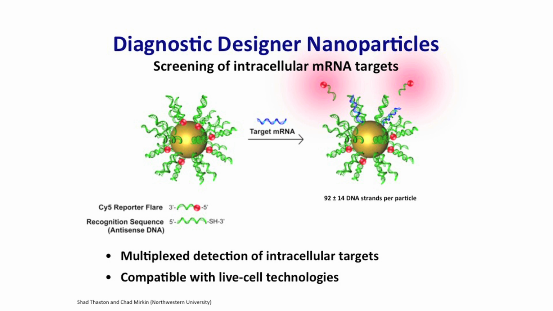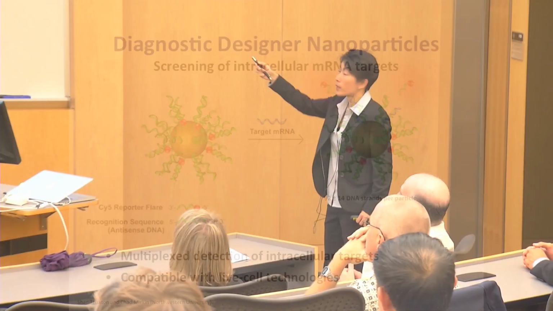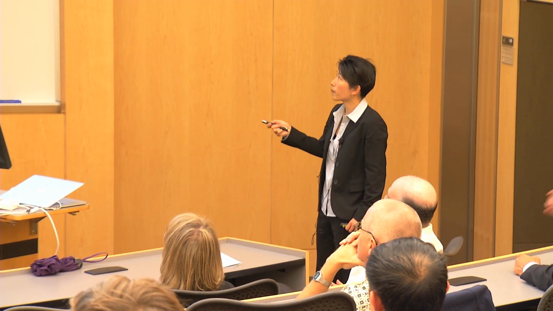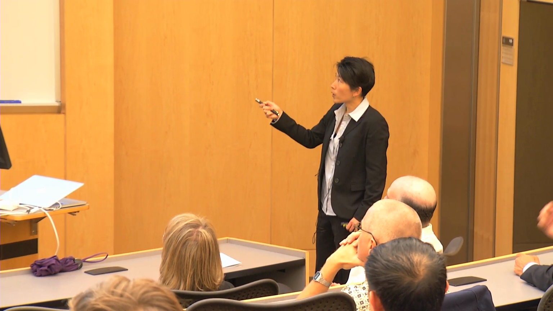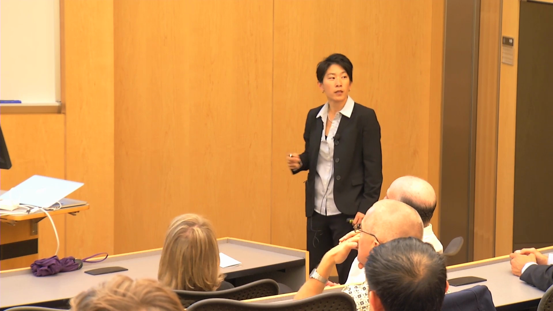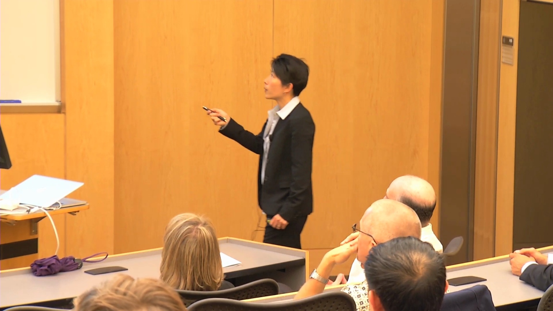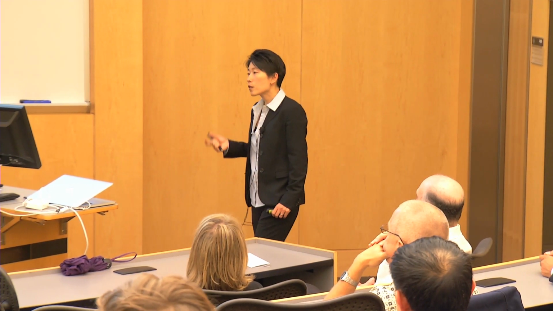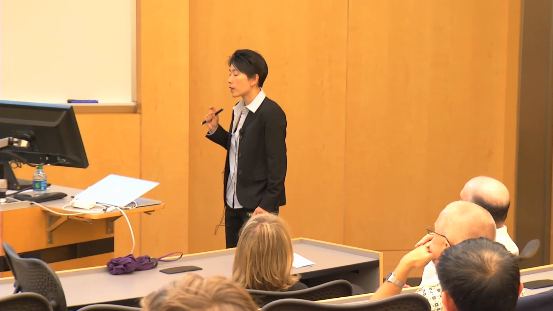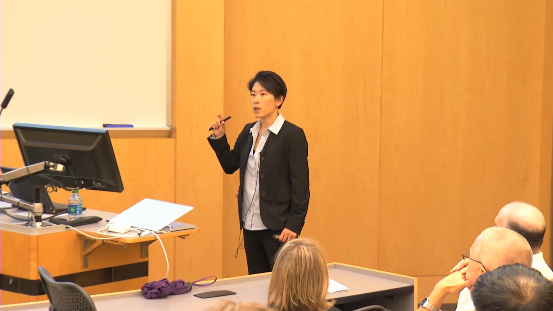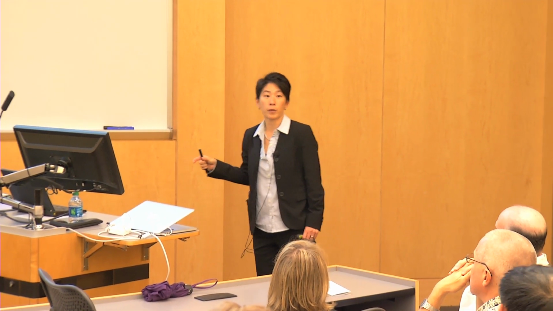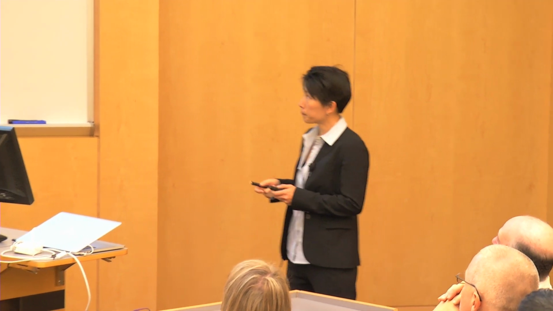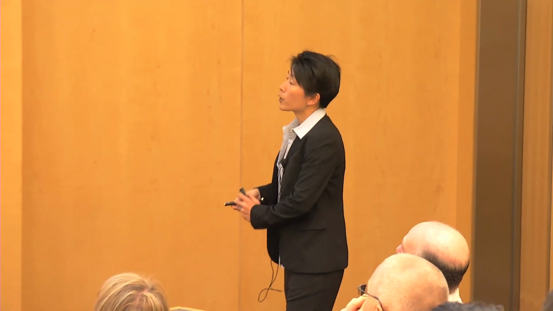So this is a pretty big advantage for being able to detect small sequences of mRNA. And the nice thing, of course, is that you can imagine doing this with multiplex detection. And you can also use this type of system with live cell technologies. So that's another thing that's really important when we're thinking about nanoscience, is that the new technology has to be able to be integrated with certain types of current technologies, otherwise they can never receive widespread use. Okay, so what about